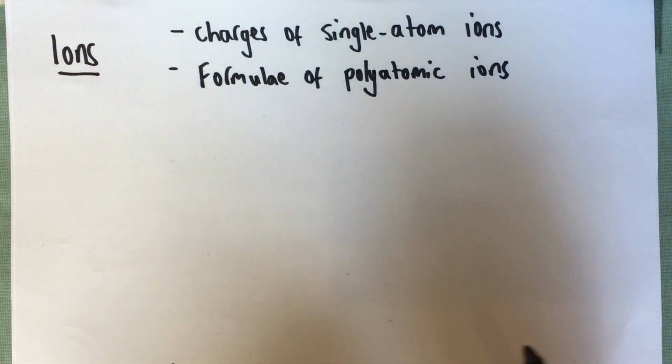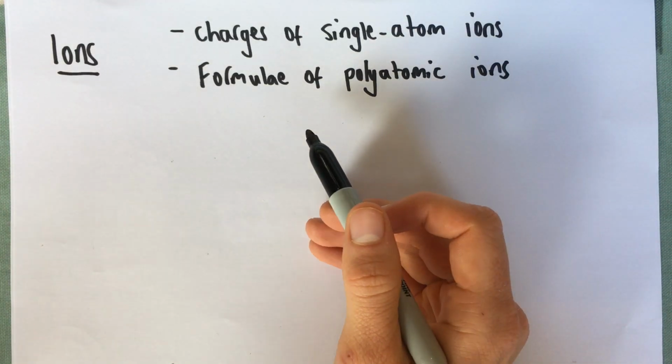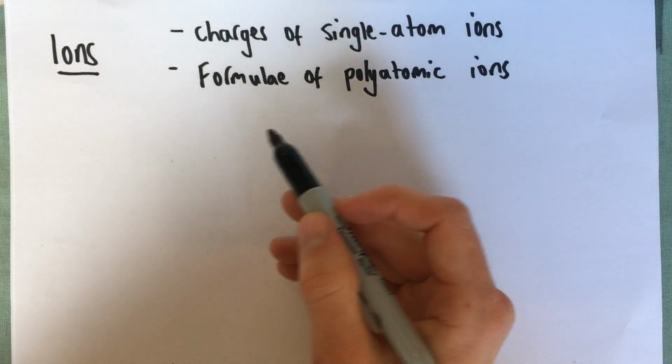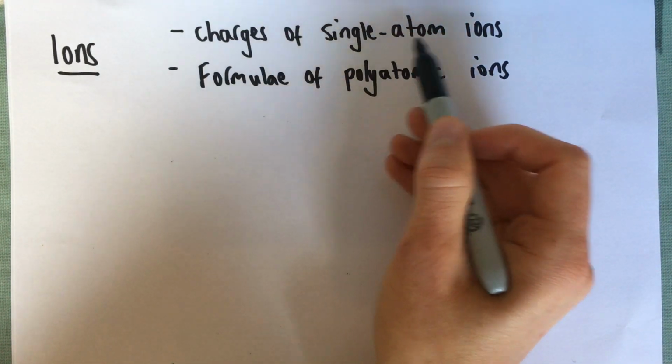This video is going to look at ions, knowing the charges and the formulae for different ions. This is one of the first building blocks to being able to make a balanced symbol equation. So first of all, for simple ions,